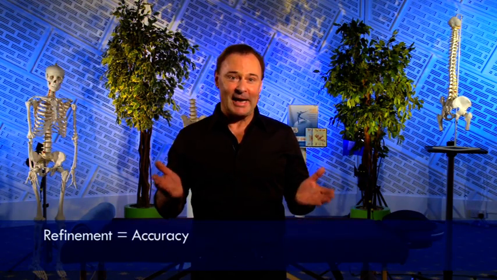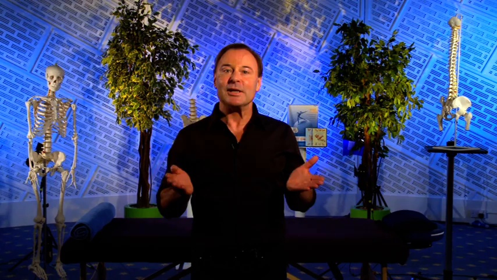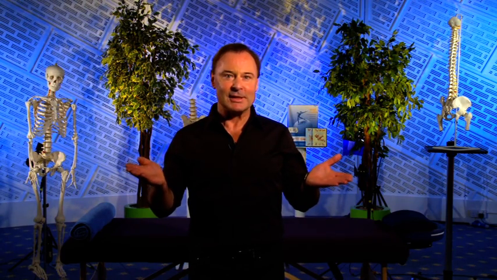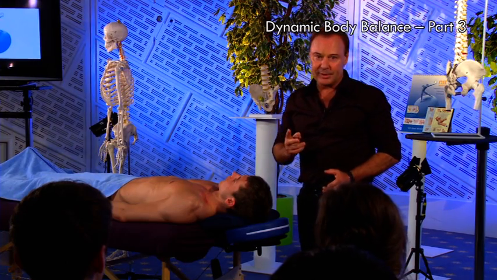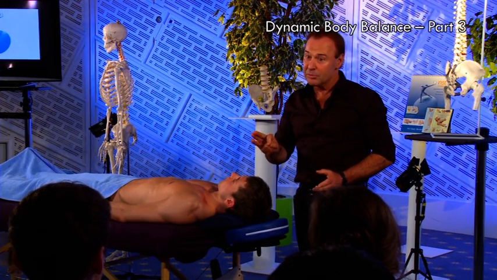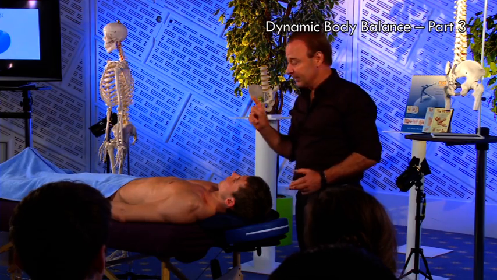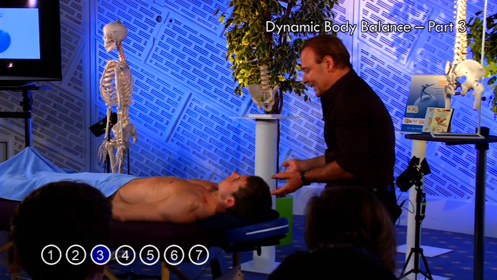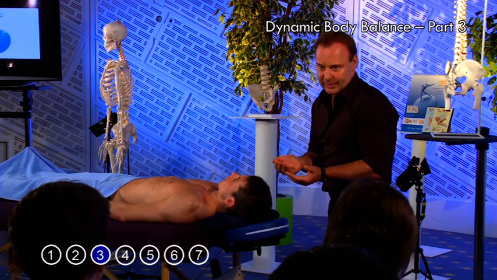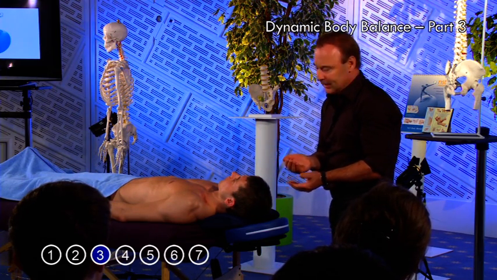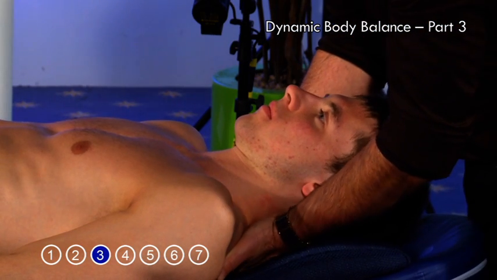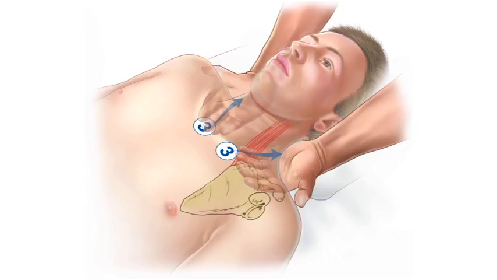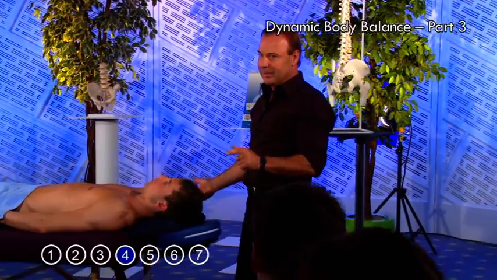Basically, refinement equals accuracy, and if we can make sure that our NST work is accurate, particularly the core, then we have every right to expect that we should get better results instantly. Two very important points to activate correctly. They're two of the main points of the neck. Very, very important. Point number 3, as you'll recall, is more of an insurance policy point. This is to reactivate the insertion of levator scapula now back onto the superior medial angle of the scapula itself. There we go, done. And point number 4 are the insertions of the upper trapezius right into the base of